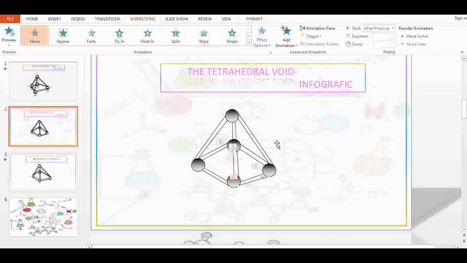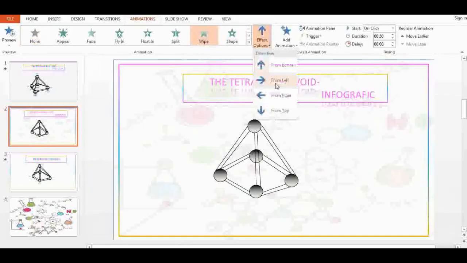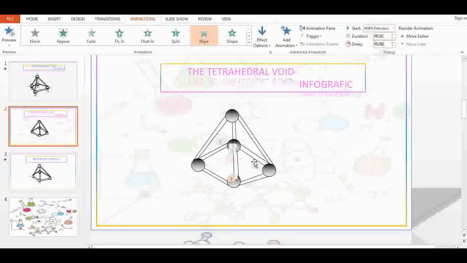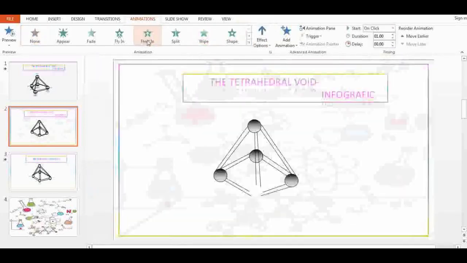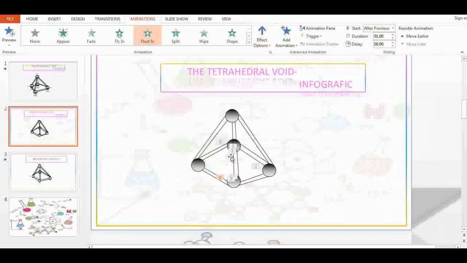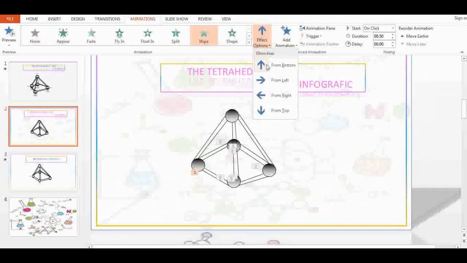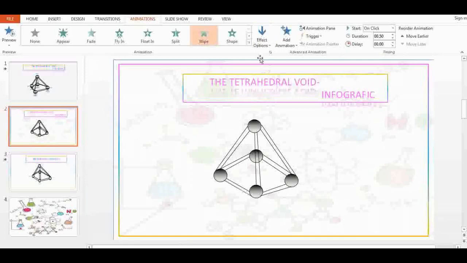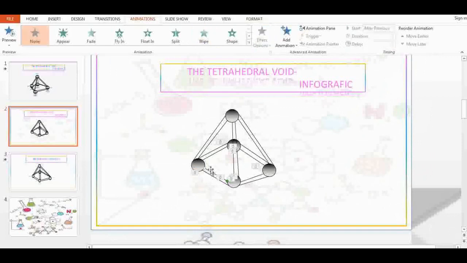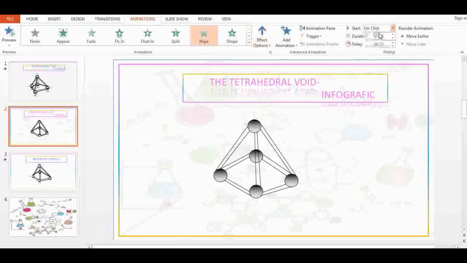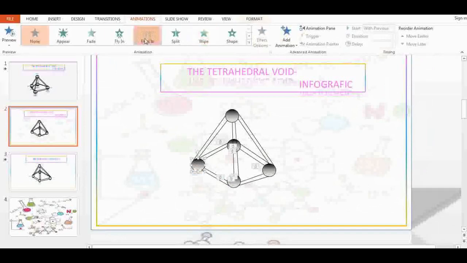the shapes should be from the bottom. Remember that both lines should come simultaneously, so set it as After Previous from bottom. Okay, After Previous, this is Wipe With Previous, then select that shape, Float In After Previous, then these lines Wipe from top After Previous, select the second line, Wipe from top